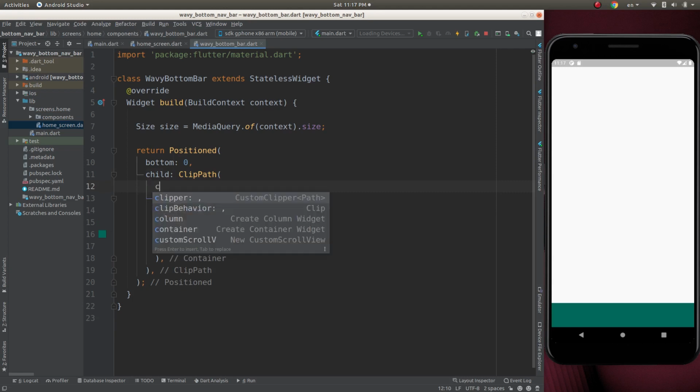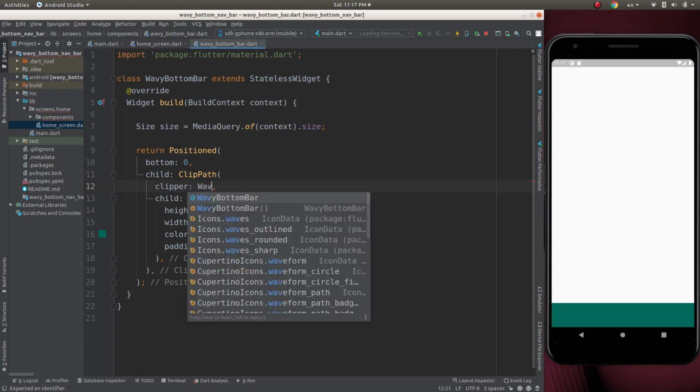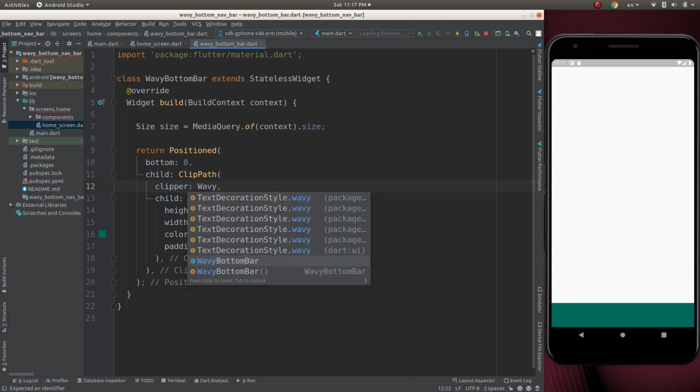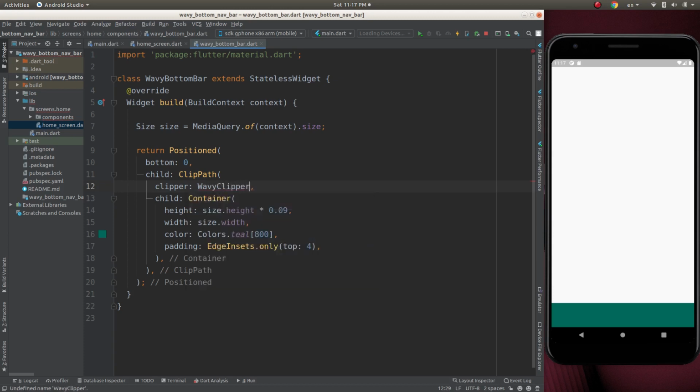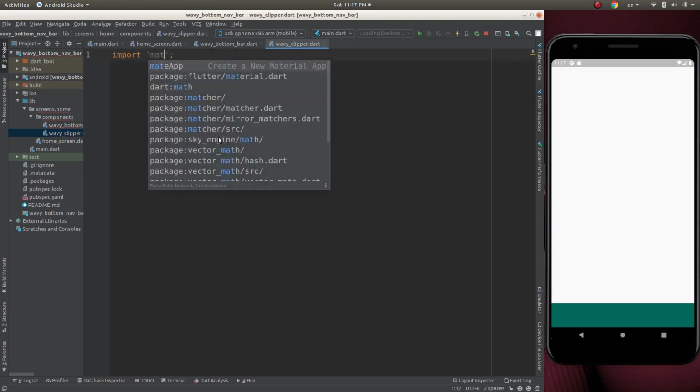Okay. ClipPath will provide a property called clipper, and we can create a clipper called wave clipper or wavy clipper. Okay, let's name that wavy clipper. And inside the components, let's create a Dart file called Wavy clipper. Okay, it's created. Now let's import material.dart